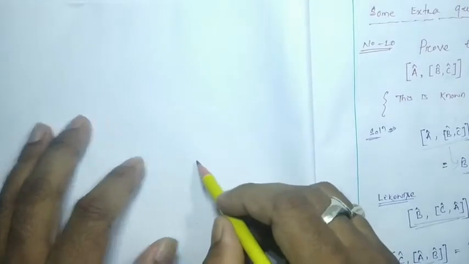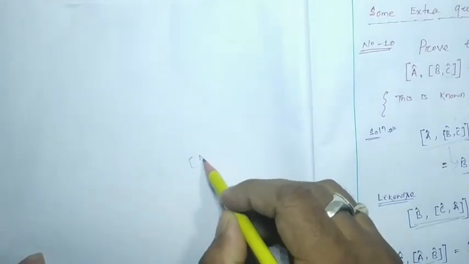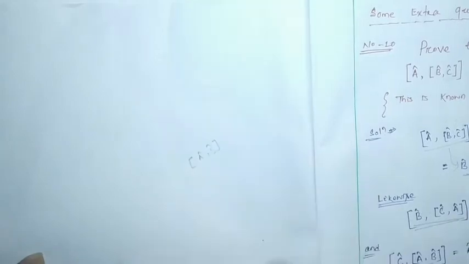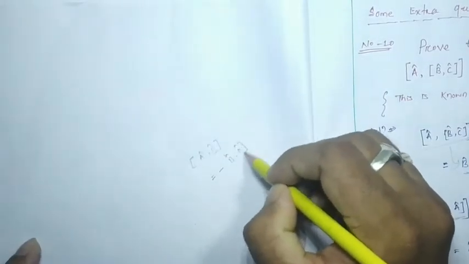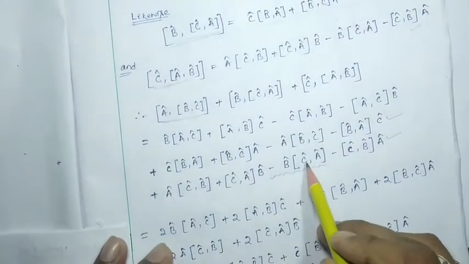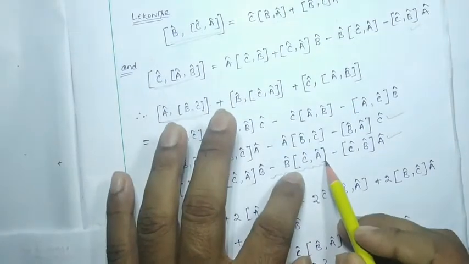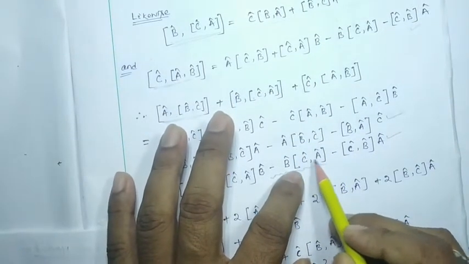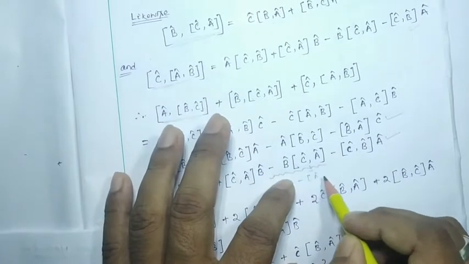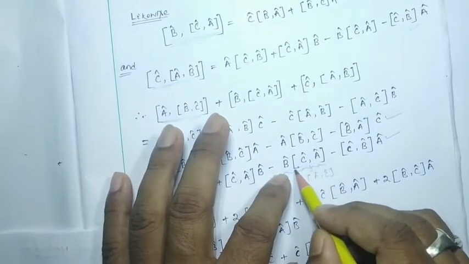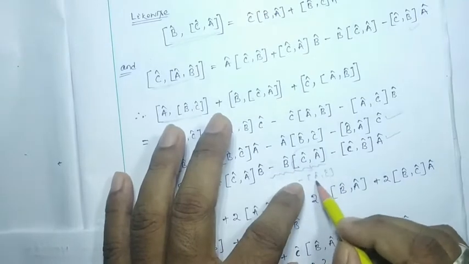We know very well that if a cap b cap will be there, it will be equal to minus b cap a cap. We know this one. So the same rule we are going to apply over here. This is c cap a cap commutation, which will be minus a cap c cap commutation. So this will be minus a cap c cap commutation, this much will be minus a cap c cap commutation,